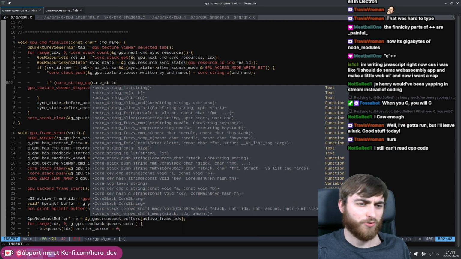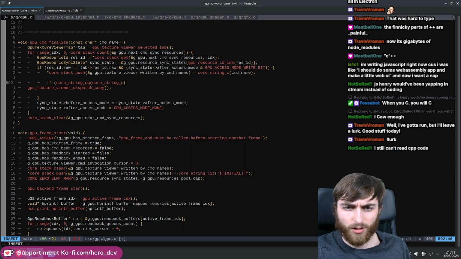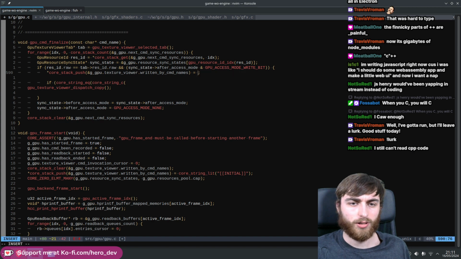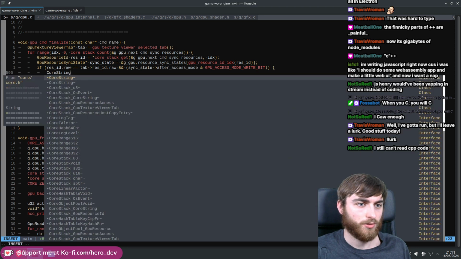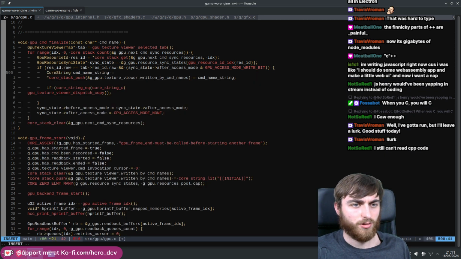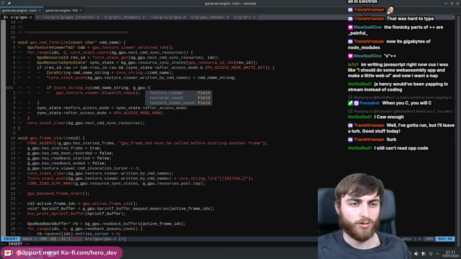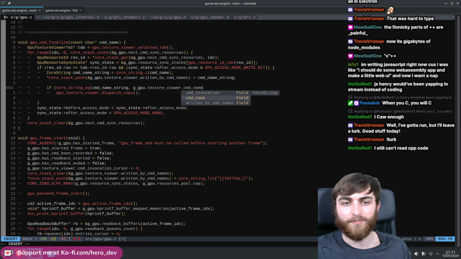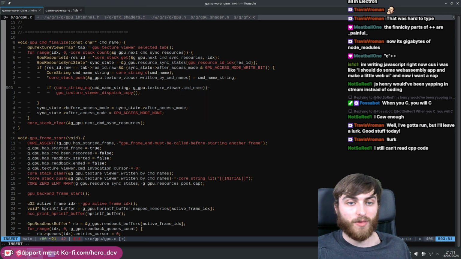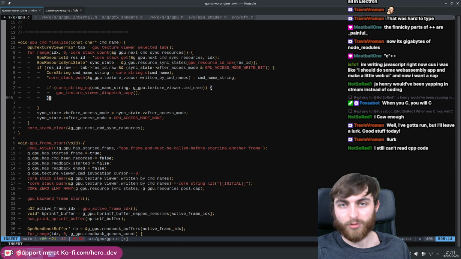Core string equal. I guess we've got to make a little temporary string from a C string. I already did this here, so why don't I make the command name string this thing a bit? So it's just, you know, all right, if that one is equal to the G texture viewer dot command name, if they're equal, then we may do the copy, but only